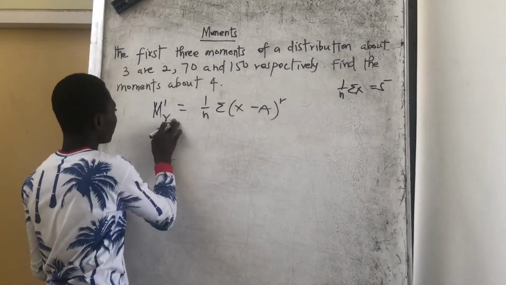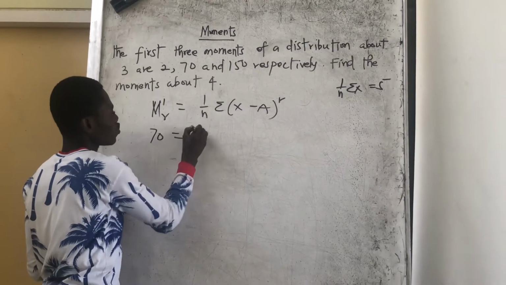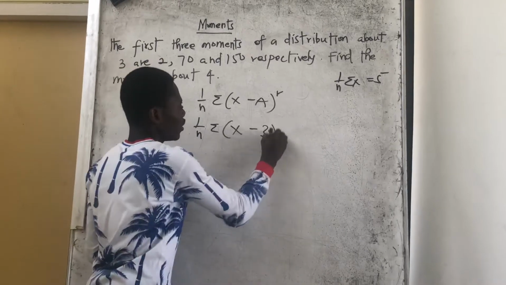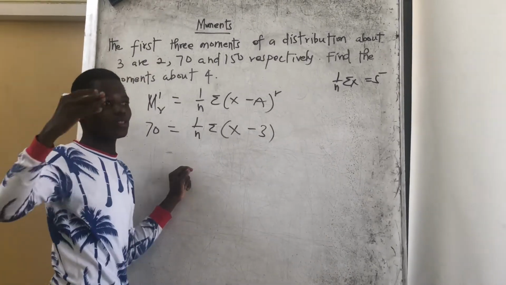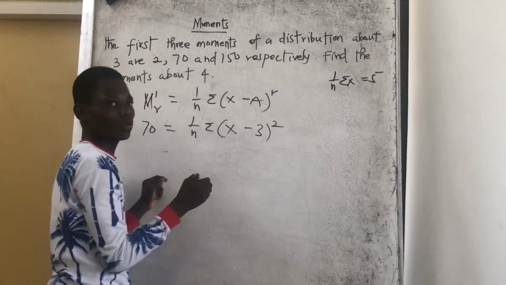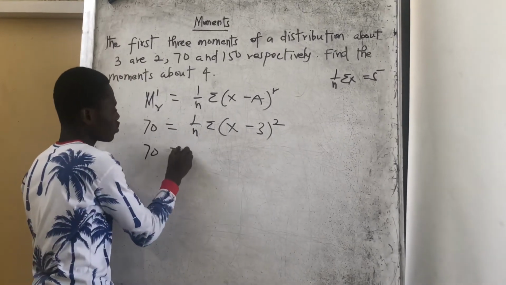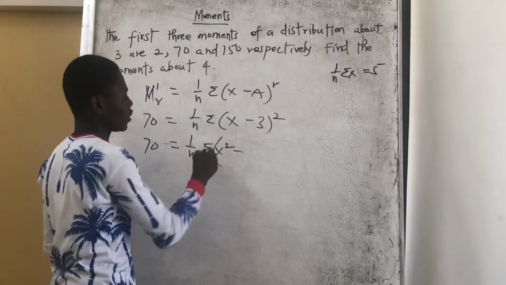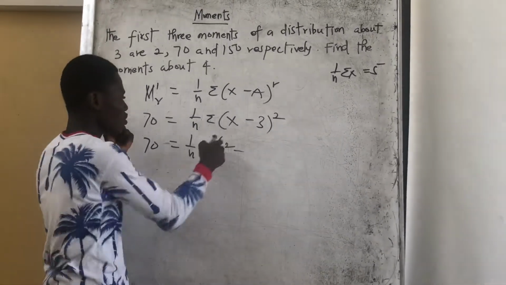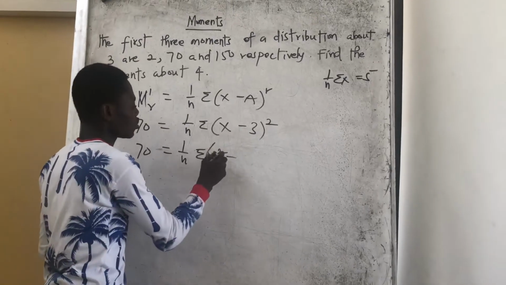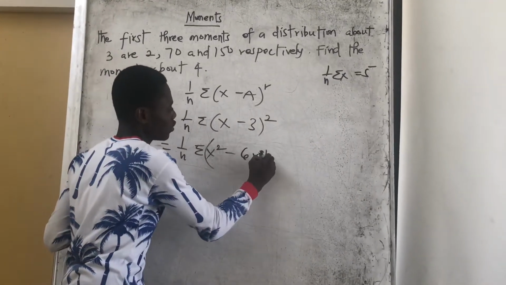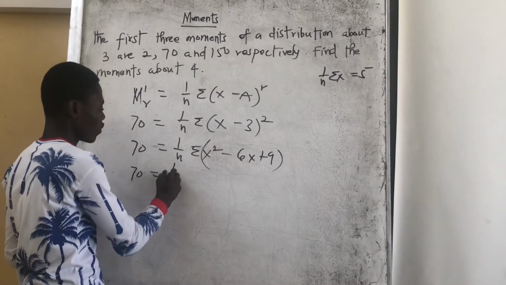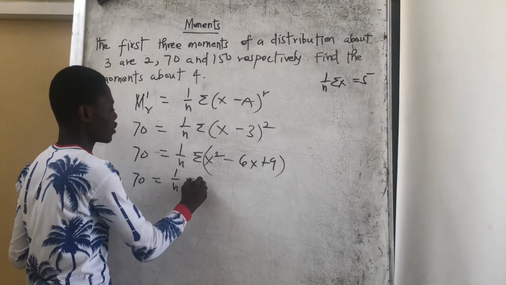We will need it in the calculation of the moments about 4. So the second moment is 70. So 70 is equal to 1 over n sigma (x minus 3), and the r represents the rank, so the second moment is to the power 2. So this becomes 70 is equal to 1 over n sigma (x minus 3) squared. We are going to open the brackets: x minus 3 squared is x squared minus 6x plus 9. So we get 70 is equal to 1 over n sigma x squared